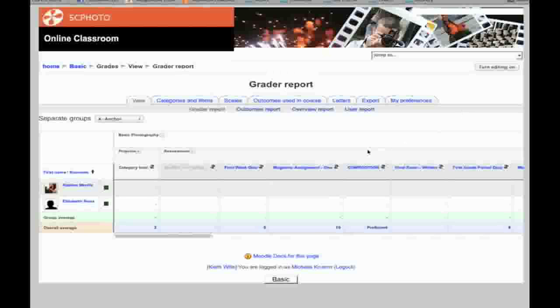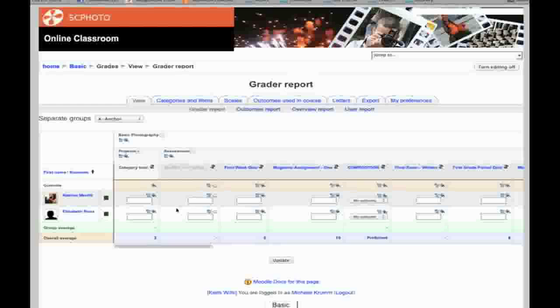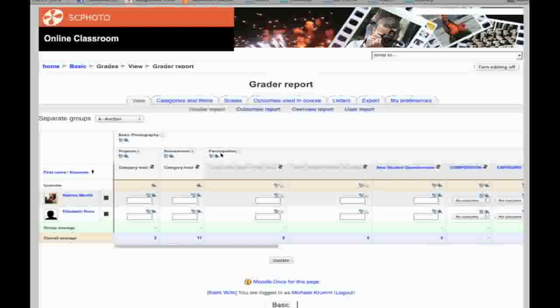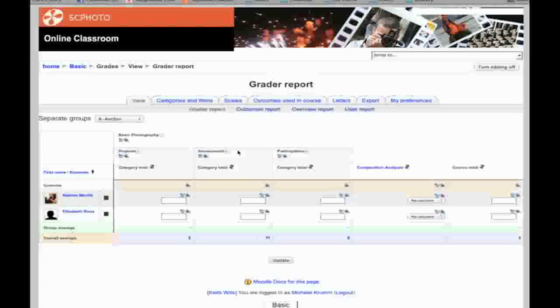If you want to actually edit this content, in other words, add a score in it, all you do is come up here to the top where it says Turn Editing On. Click on that, and now for each one of these students that are down here, I can actually enter a score into the box manually without having to go find the assignment or grade it in a list or any of the other things. This is just like a regular grade sheet. Again, the little minuses hide content for it, so you can open up just the parts that you want to see, so your screen isn't quite so wide. And here's where we're actually able to change the